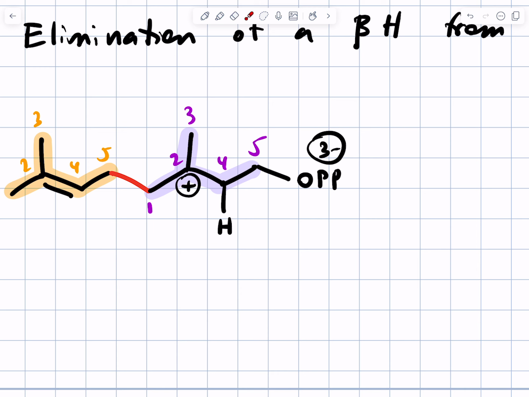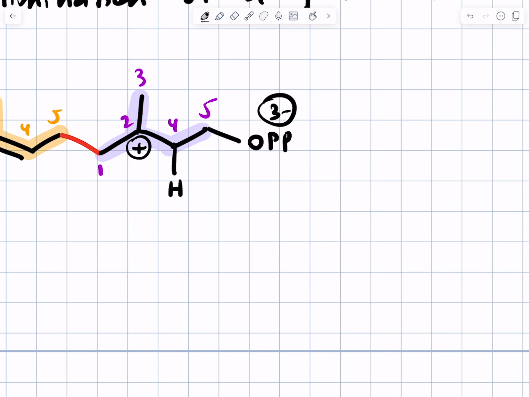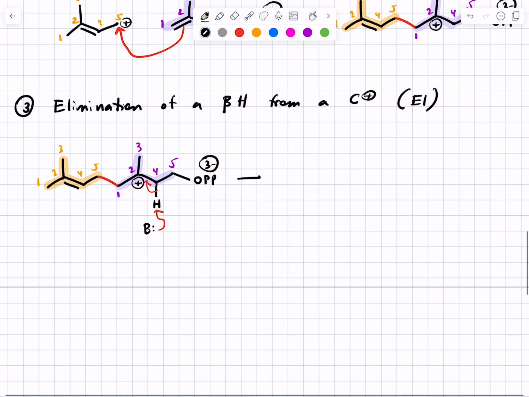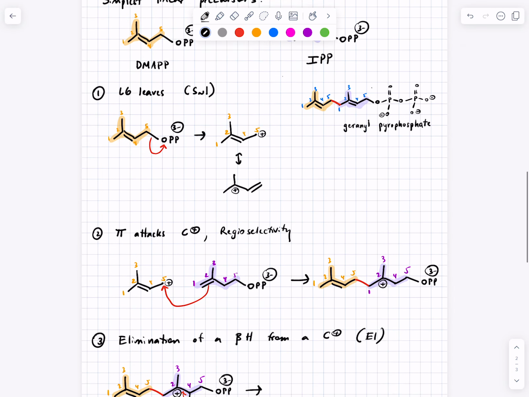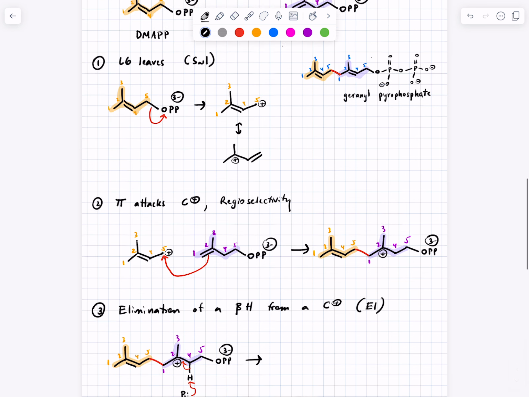Nevertheless, nature wants the pi bond to be between 2 and 4 because that sets us up to have an allylic leaving group, which we could use to do a next set of reactions to elongate another isoprene unit. So a base removes the beta proton. We don't care what the base is, perhaps some group in the enzyme active site, puts the new pi bond there, and then that gives us our geranyl pyrophosphate